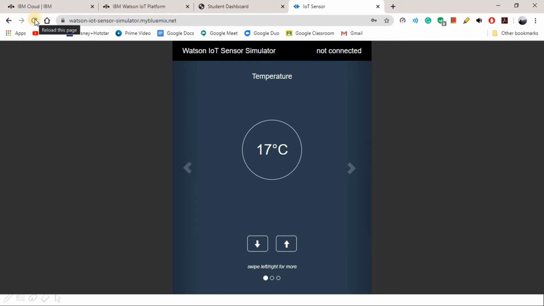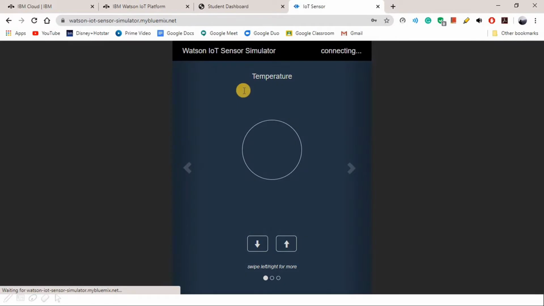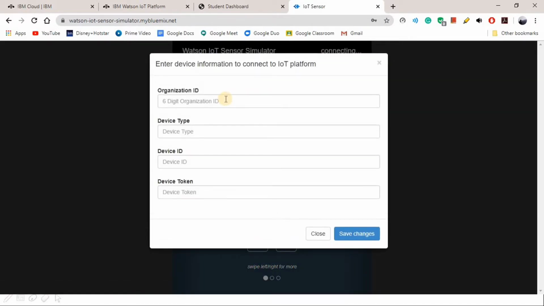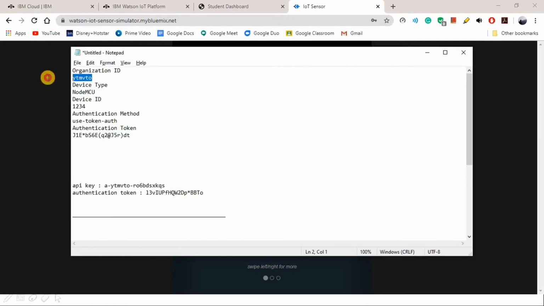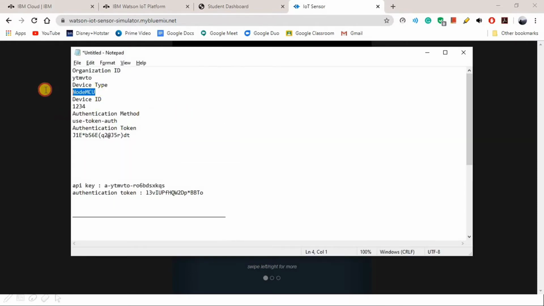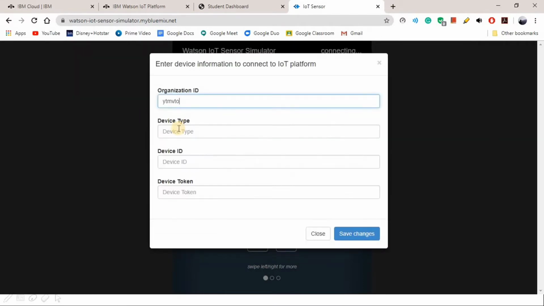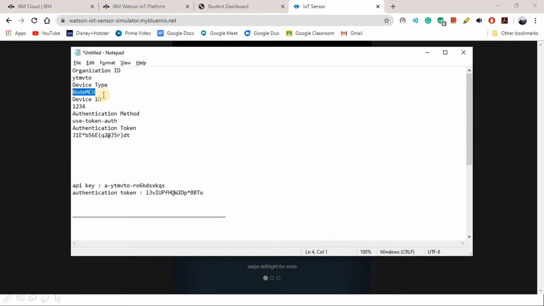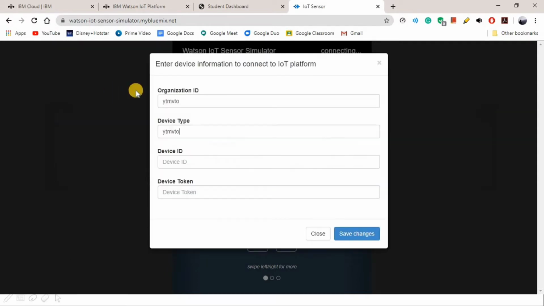Okay, let's try again. Sometimes it may get an error. The organization ID, paste.